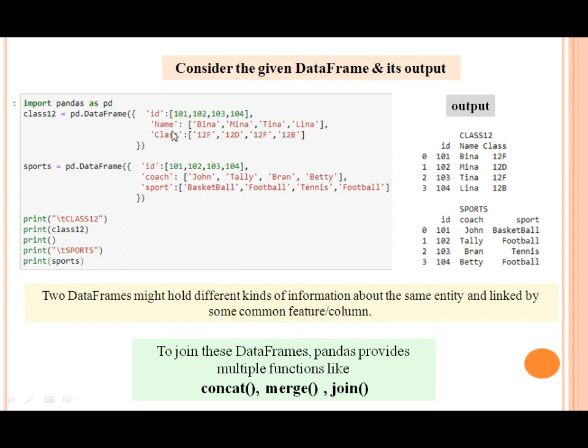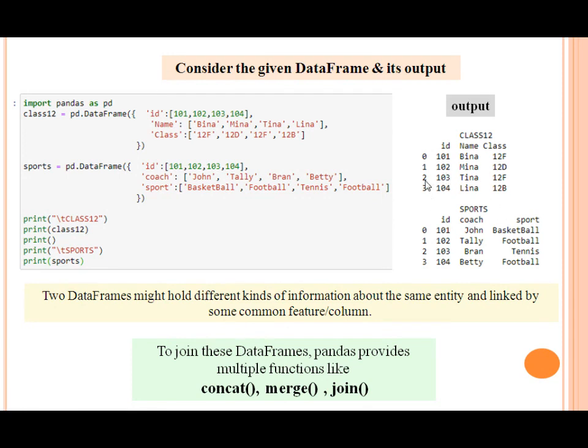Their keys are ID, name and class, and with the specific values given in the list. Another data frame is sports with ID, coach and sport as keys and the values given in the form of list again. And when I print both the data frames, I'll get this output. Am I clear?